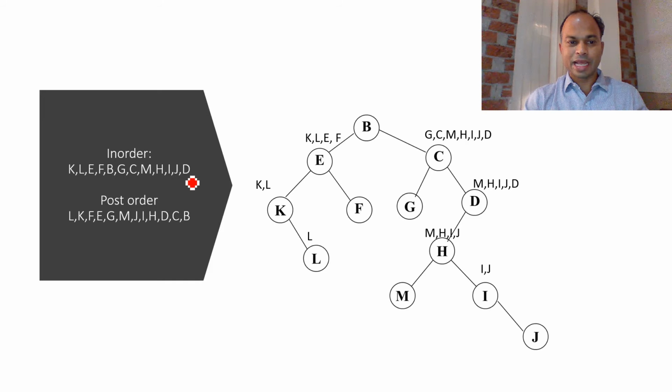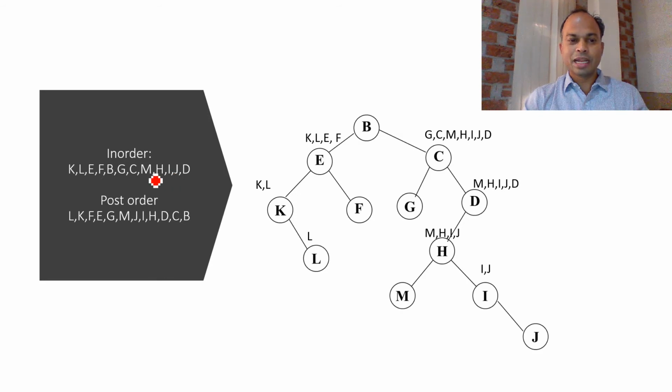D is here our last value, and whatever is the MHIJ on the left hand side of D, therefore left child is here MHIJ. No right child exists because there is no element on the right hand side of D. And after getting MHIJ, we have to find out the root of M, H, I and J. And here we have M, J, I, H, and H is here our rightmost value. So further H is here our root.